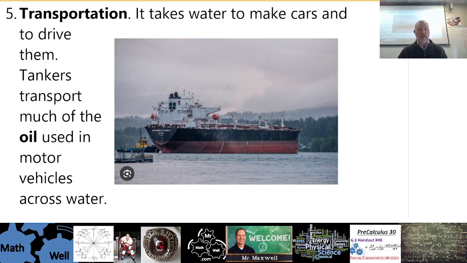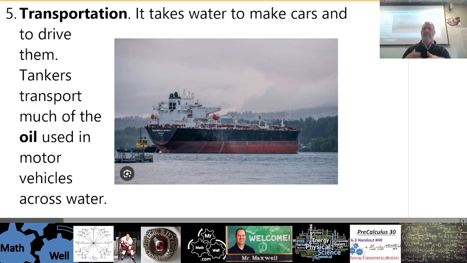You can't run your engine without oil. If you have an oil leak, your engine is running, it just seizes up and stops. It grinds to a halt. So oil is very important in every internal combustion engine. And you don't think about the water that's required to even move the oil from one place to the other. Canada is a very oil-rich country, although